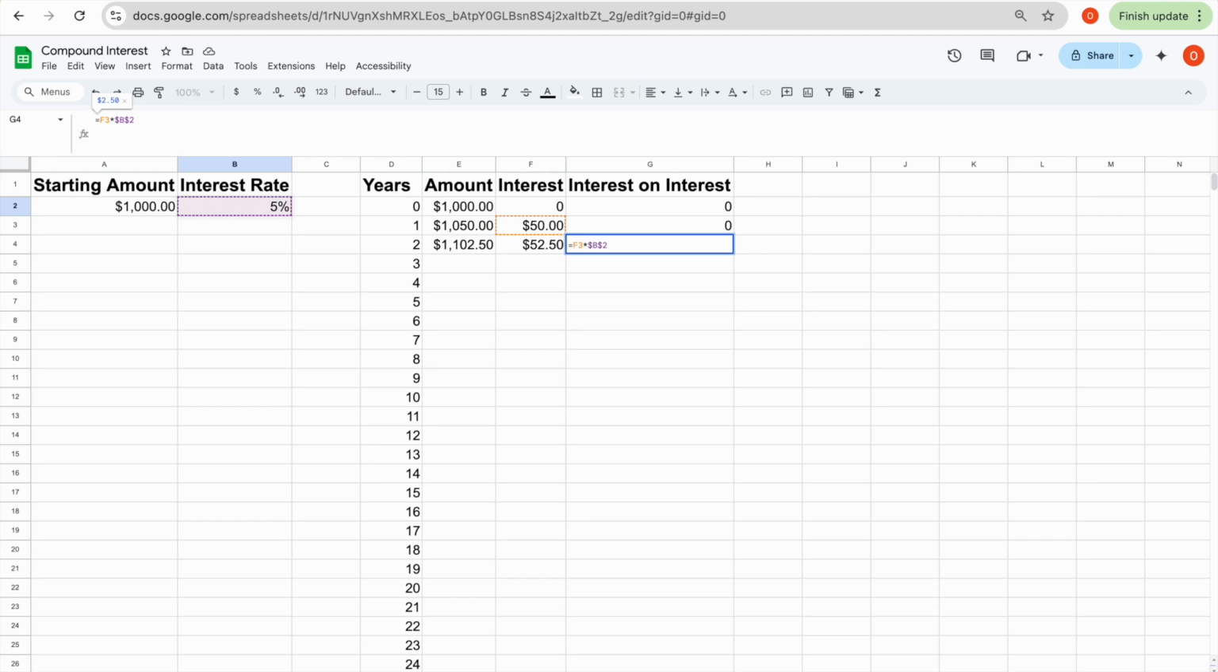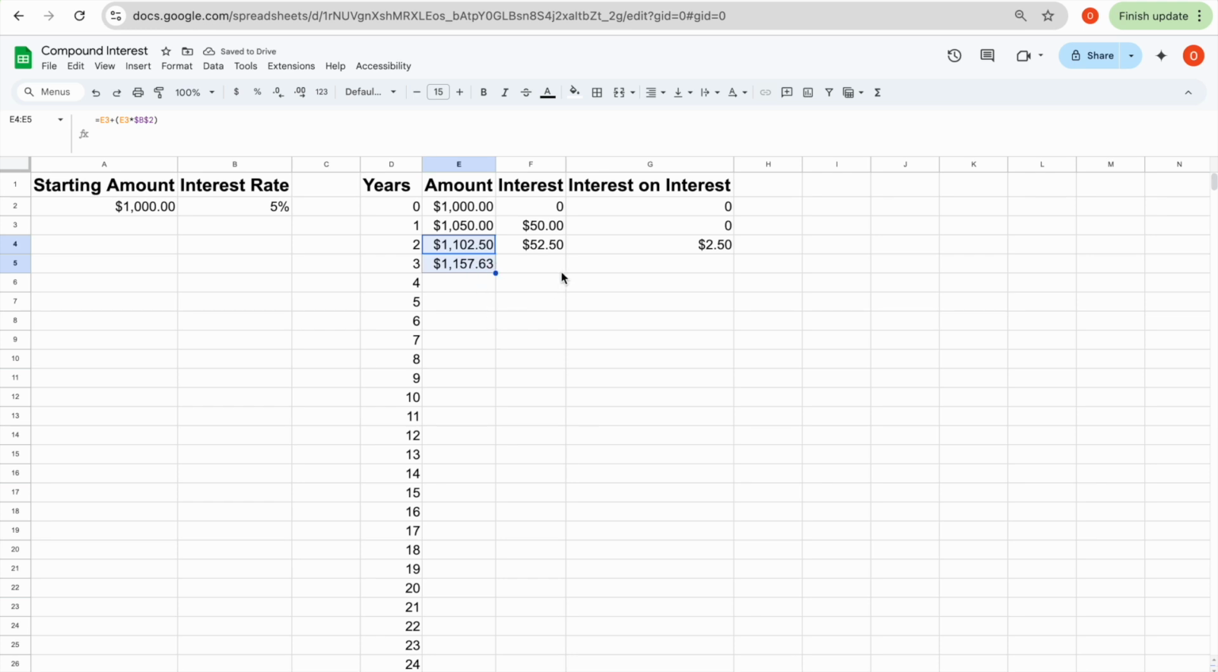Which brings us to $2.50 compound interest, or the interest gained on the interest. To put it simply, 5% of $50 is $2.50. Now, here's where things start to get really fun as we get this compound interest growing on itself. Year three,